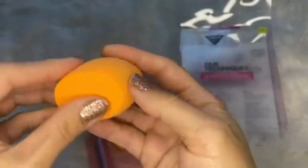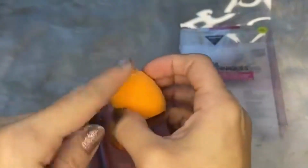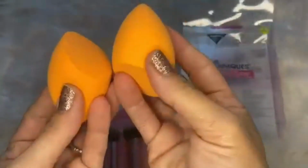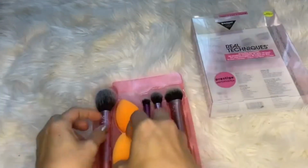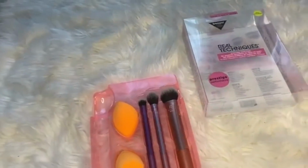3. These 5 multitasking makeup tools help you create your base and apply your basics. 4. Best used with foundation, concealer, blush, highlighter, setting powder, and eyeshadow. 5. This Real Techniques makeup brush set can be used with liquid, cream, and powder products. 6. RT's Makeup Blending Sponge has a signature 3-point precision application design that will give you an evenly blended, dewy,